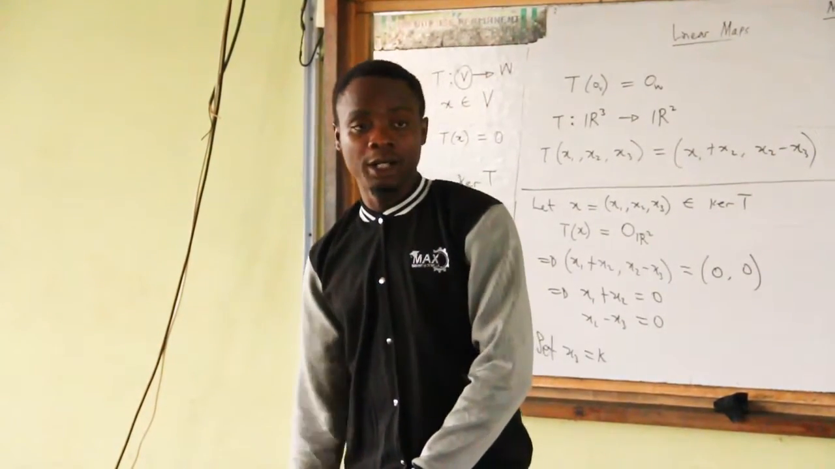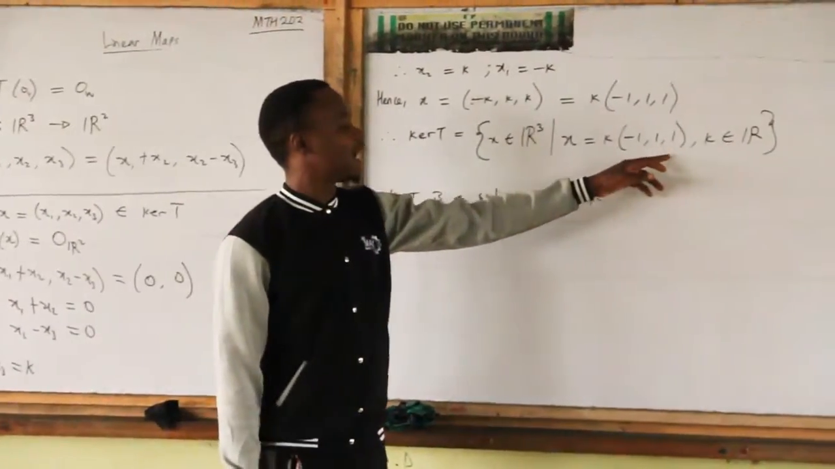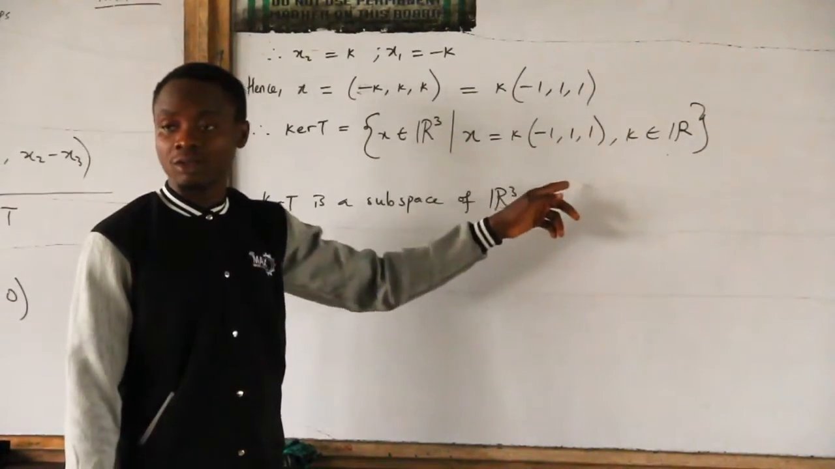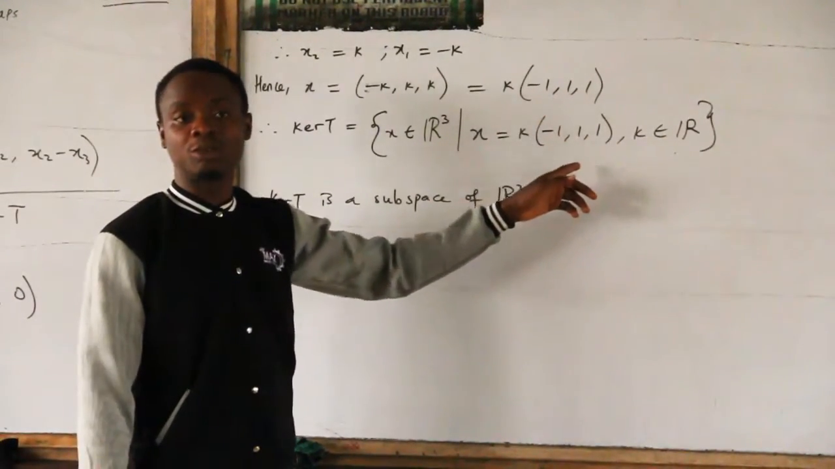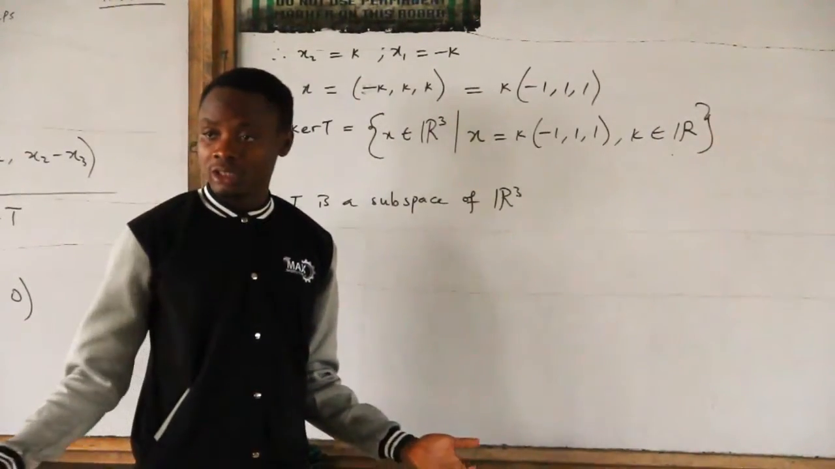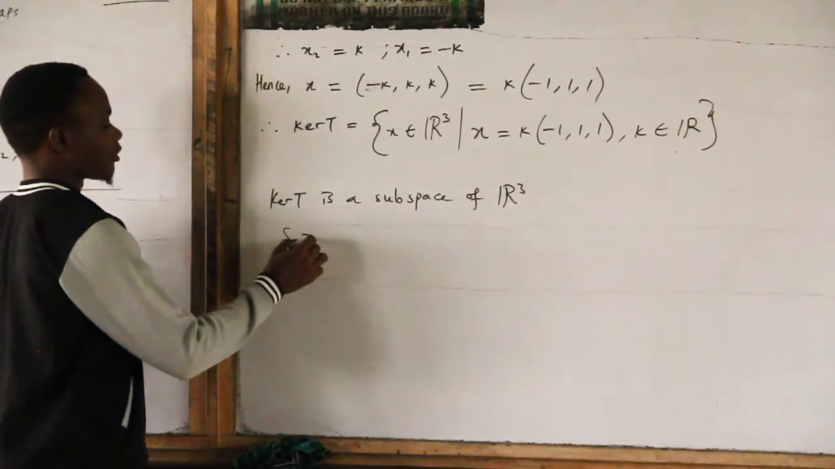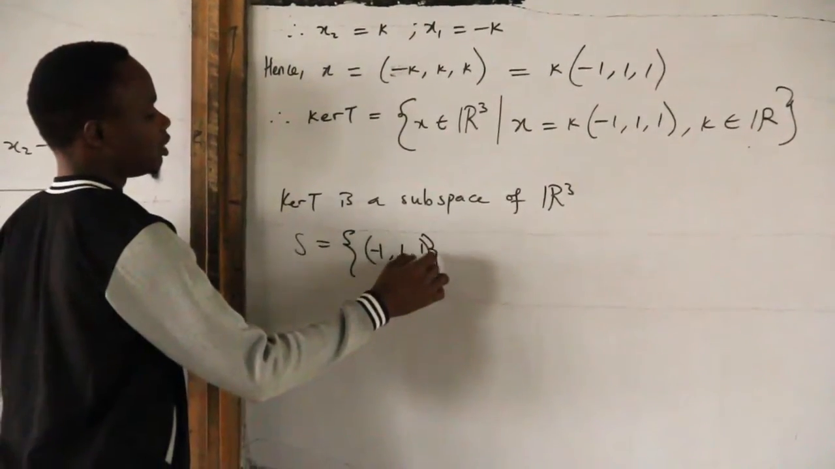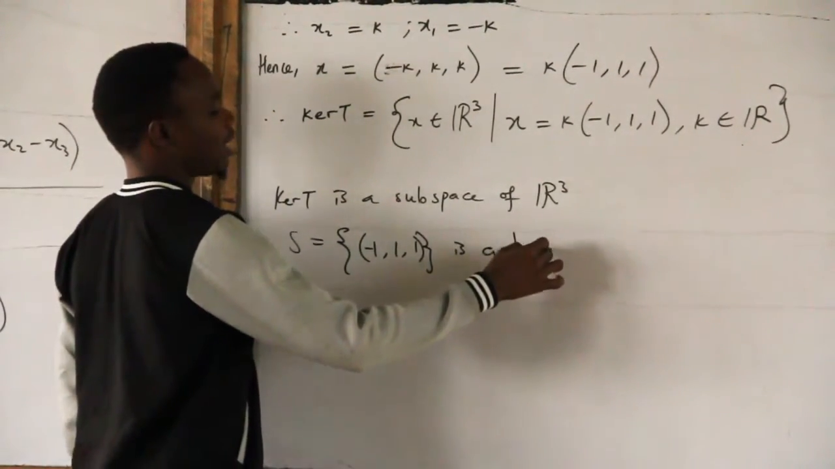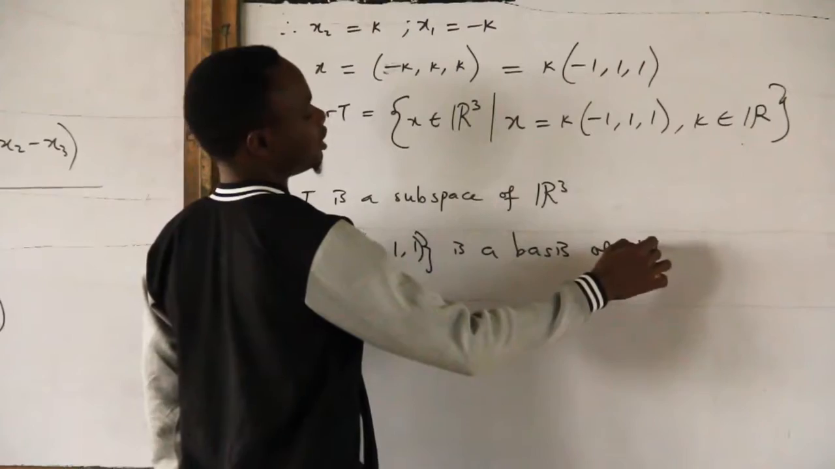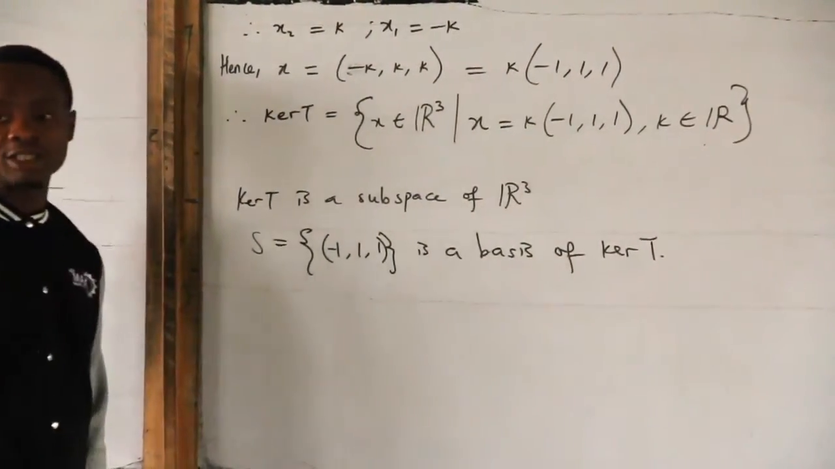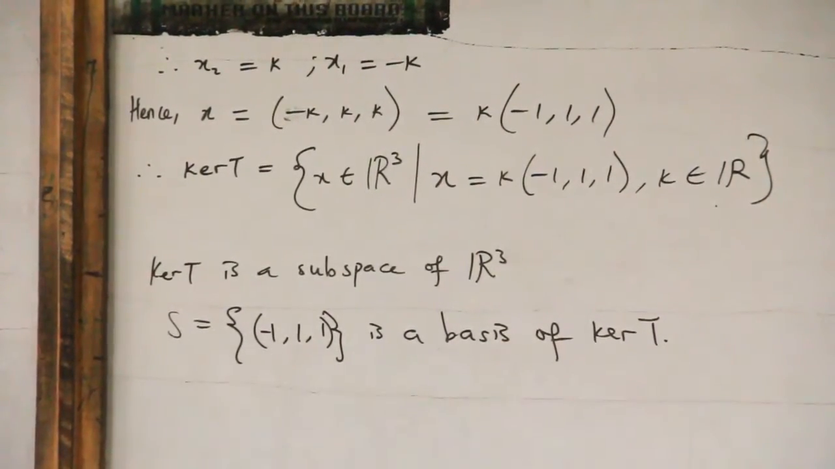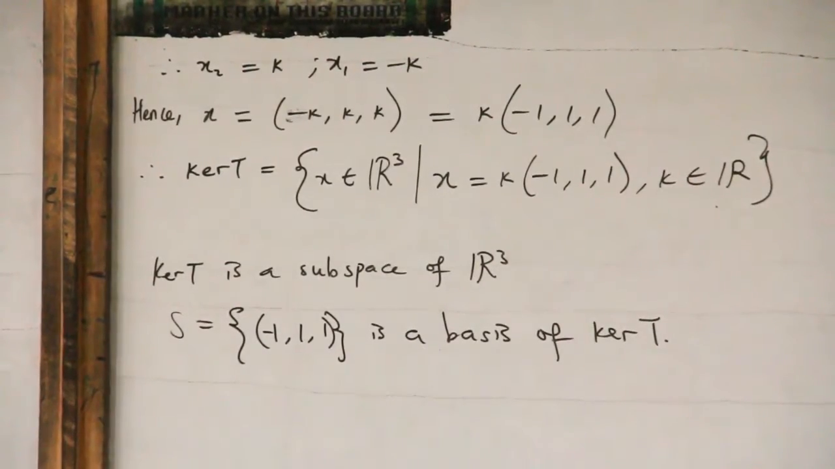Can you remember that? So obviously, you can see that I can write all elements in Ker T as a linear combination of this single vector. Do you understand what I just said? I can write it as a multiple of this single vector. Is it clear? So definitely, S equal to (-1, 1, 1) is a basis of Ker T. Does that make sense? That set is a basis